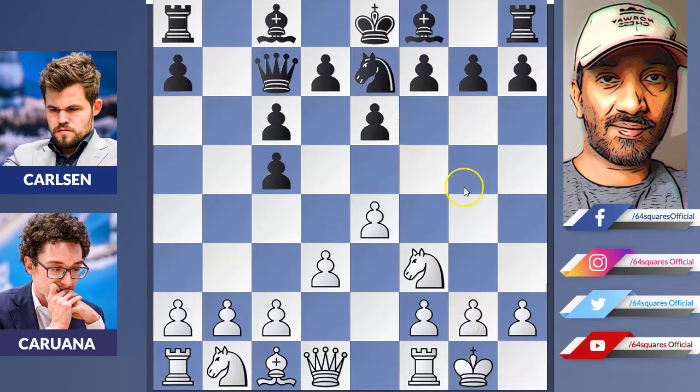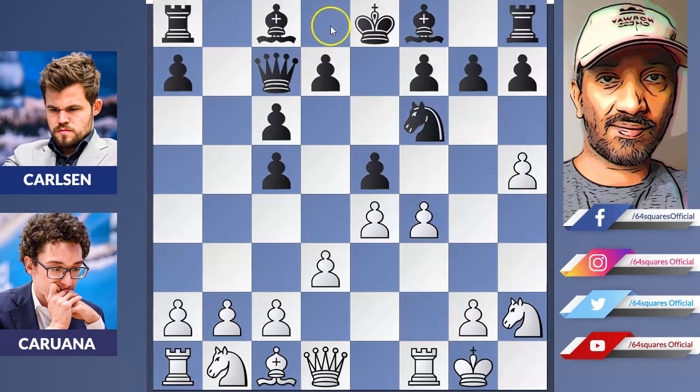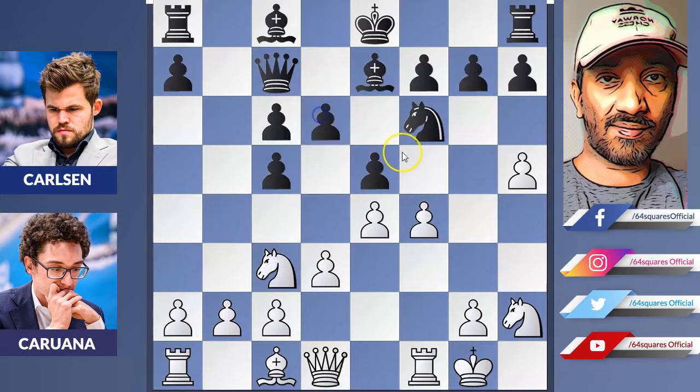Carlsen further developing his pieces, and h4 by Fabi, and e5, h5, knight to g8, knight to h2, knight f6, and f4, bishop to e7. Carlsen also decides to castle. He's preparing to castle and further developing his pieces, and knight to c3, d6, making way for the c8 bishop,